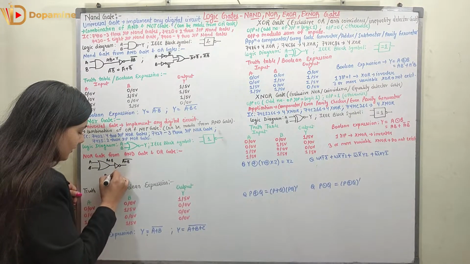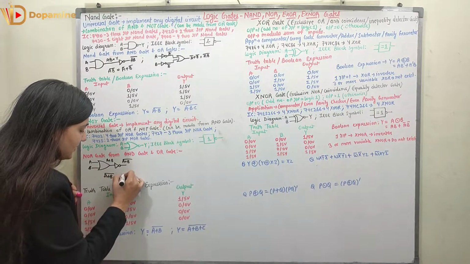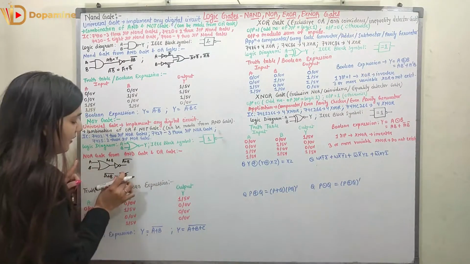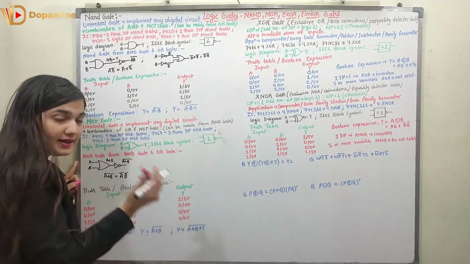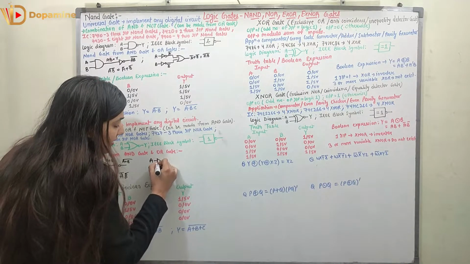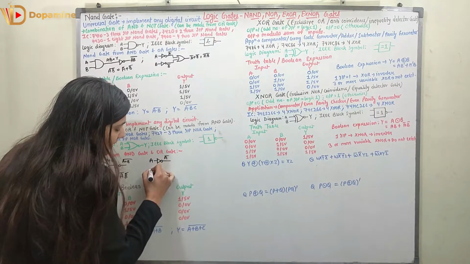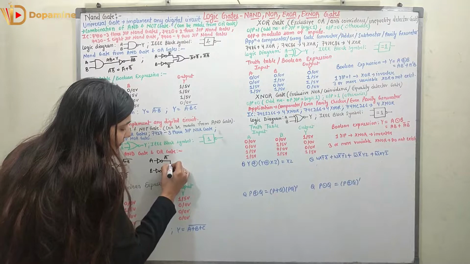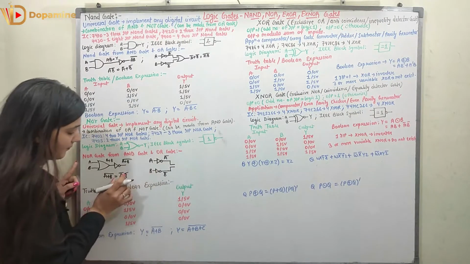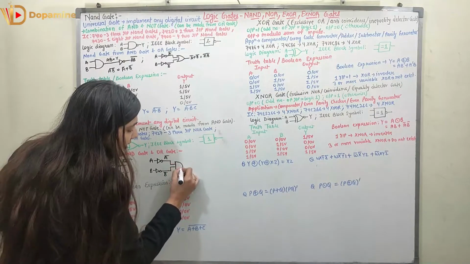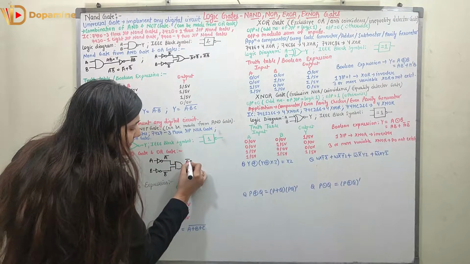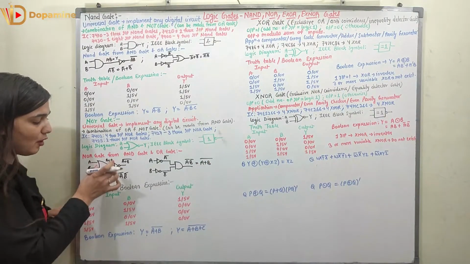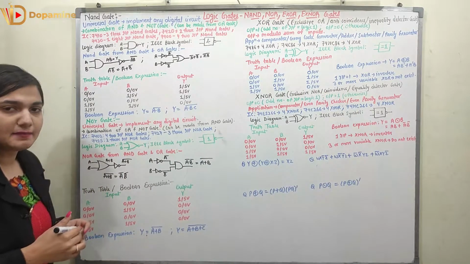Now A plus B whole bar can be represented as A bar into B bar with the help of De Morgan's law. So now here we have the AND operation of A bar and B bar. First of all, I have to produce A bar with the help of a NOT gate. With the help of another NOT gate, I am going to produce B bar. Right? So now I have A bar and B bar, and I have to make the product of them. With the help of AND gate, I am going to get the product A bar B bar, which is represented as A plus B whole bar with the help of De Morgan's law. So with the help of OR gate and AND gate, I can make the NOR gate.